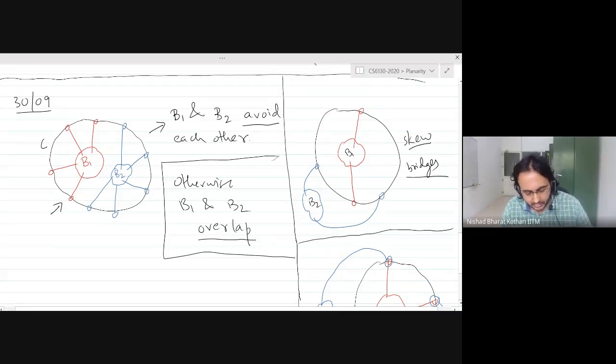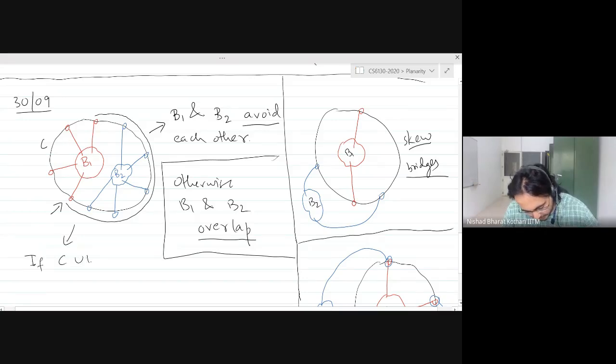Why do they avoid each other? Because you can find a segment of the cycle with respect to the bridge B1, this part here, and that segment contains all the vertices of attachment of the second bridge B2. Intuitively, you can see that if C union B1 is